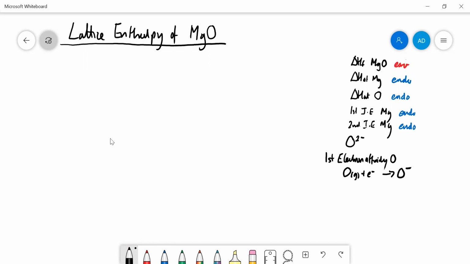And you also need to know the second electron affinity, which is when you go from O minus, the single charge oxide ion, stick another electron onto that, and you go to O2 minus. Now, this is where it gets tricky, because this one is exothermic,